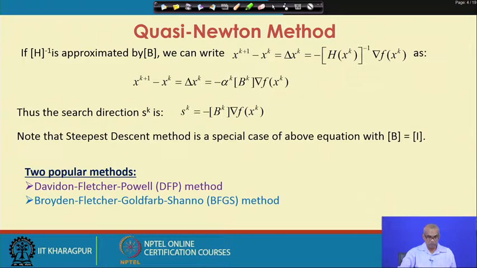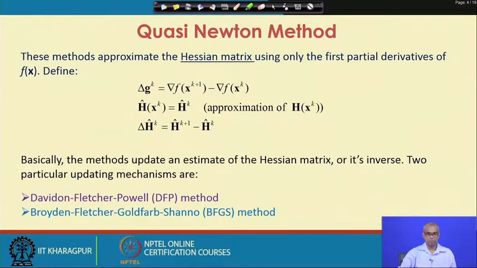There are two popular methods, Davidon, Fletcher, Powell or DFP method, and Broyden, Fletcher, Goldfarb and Shanno or BFGS method. These two methods update an estimate of the Hessian matrix or its inverse. Let us introduce these definitions.